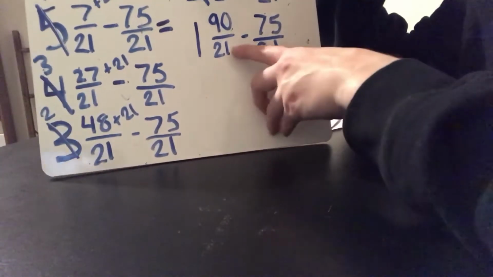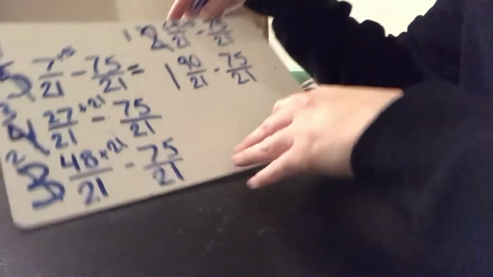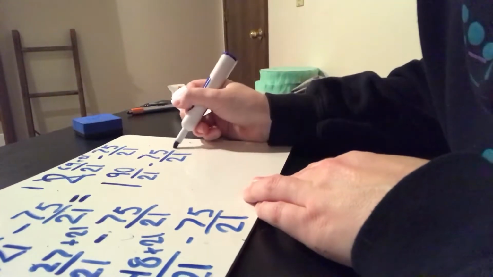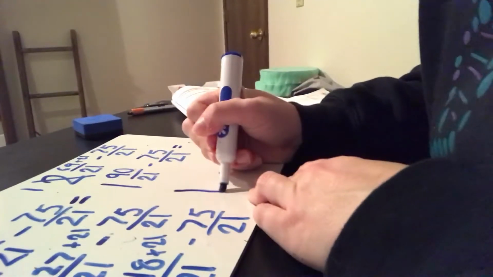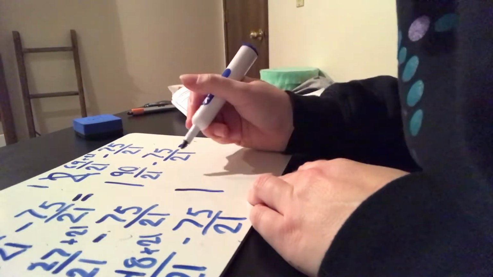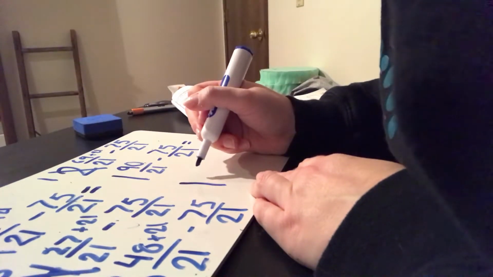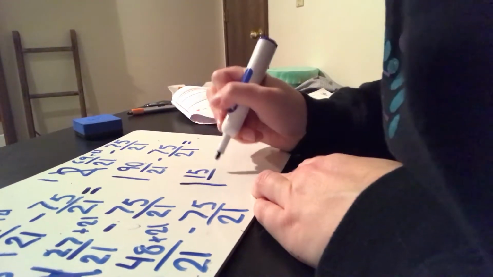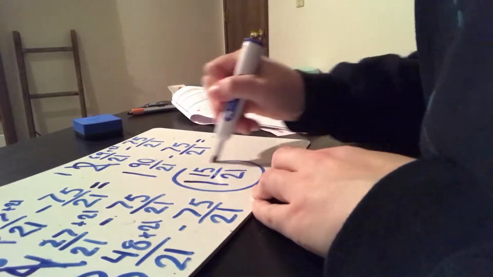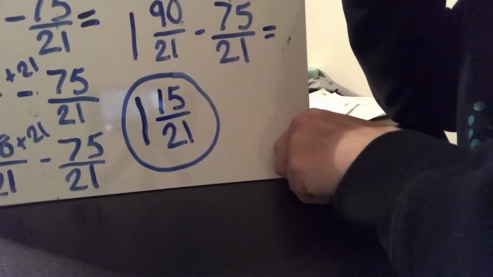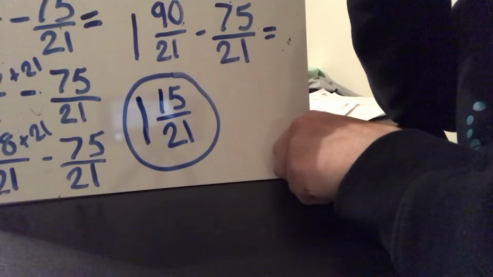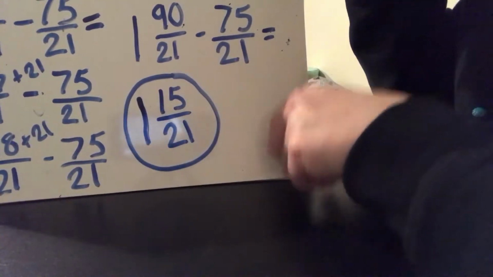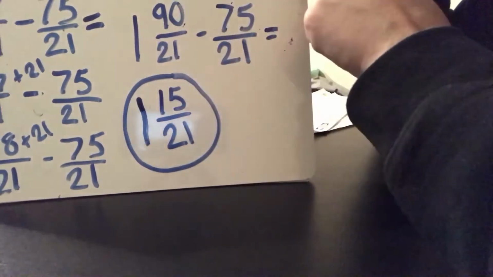now, looking up here, I can now finally subtract. So I have 1 whole and no wholes on the other one, so I'm going to carry my 1 whole. 90 minus 75 is 15/21. So this is your answer for the first one on the adding and subtracting fractions page. It has the number 10 at the bottom. Now that took a long time to get to. You can also turn the second fraction in this problem into a mixed number, and that's another way you could